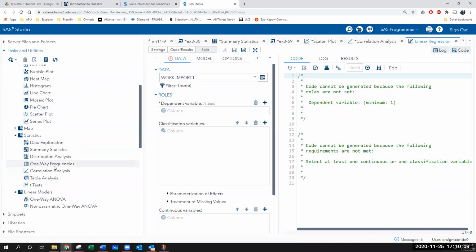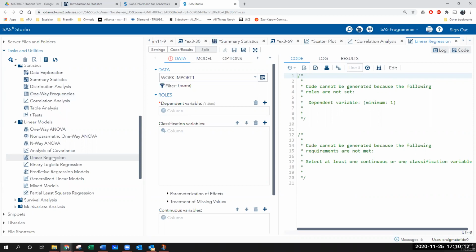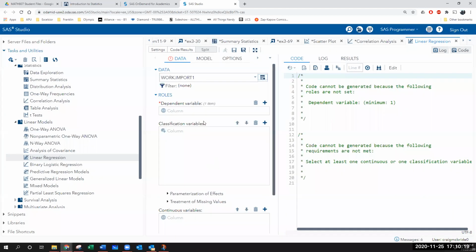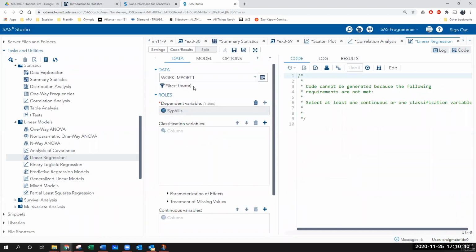If you wanted to actually run linear regression, which will kind of do everything for you all at once, it's okay. It's just it's got this one little extra thing. So first of all, instead of having like X variable and Y variable, it has this thing that's called the dependent variable. What the hell is the dependent variable, right? Well, the dependent variable is a fancy way of saying the Y variable, right? The output. And so again, if we're going to correlate AIDS versus syphilis, then because syphilis is listed second, syphilis should be the dependent.